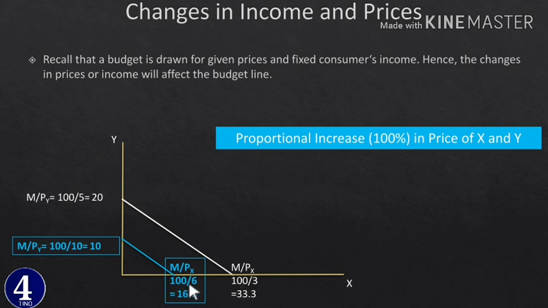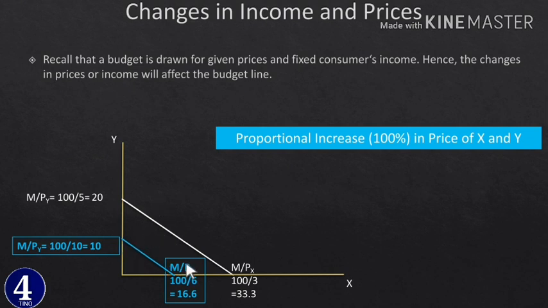3 የነበረው ሲቀየር 100 divided by 6 16.6 መጣ which is actually less than that of the original price. ከዚህ እስከዚህ ቀነስንበትና ከዚህ እስከዚህ ቀነስንበት ፕሮፖርሽናችን the same ነው፣ ይሄም በ50% ይሄም በ50% ቀንሷል ብለን ወስደናል። ስለዚህ የተከሰተው ምንድነው? proportional increase in price of x and y ሲሆን any kind of increase ማለት any percentage of increase ብቻ proportional ሆኖ increase ካደረገ በ30% የሚሆን በ20% ይሁን ብቻ proportional ከሆነ the budget line will shift inward